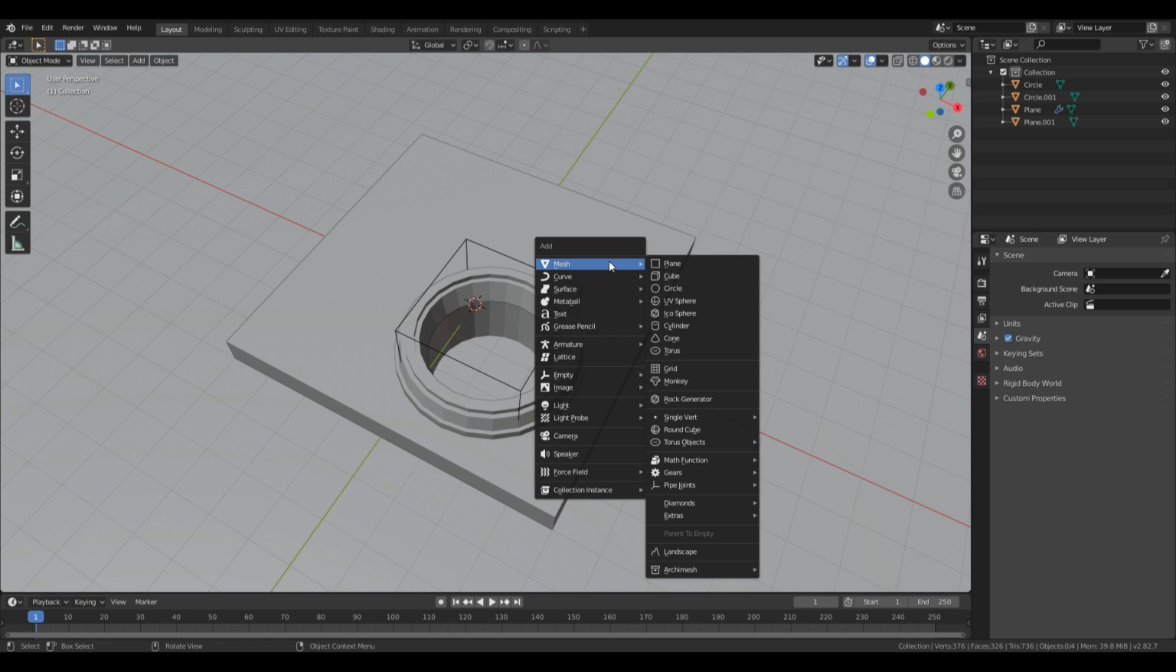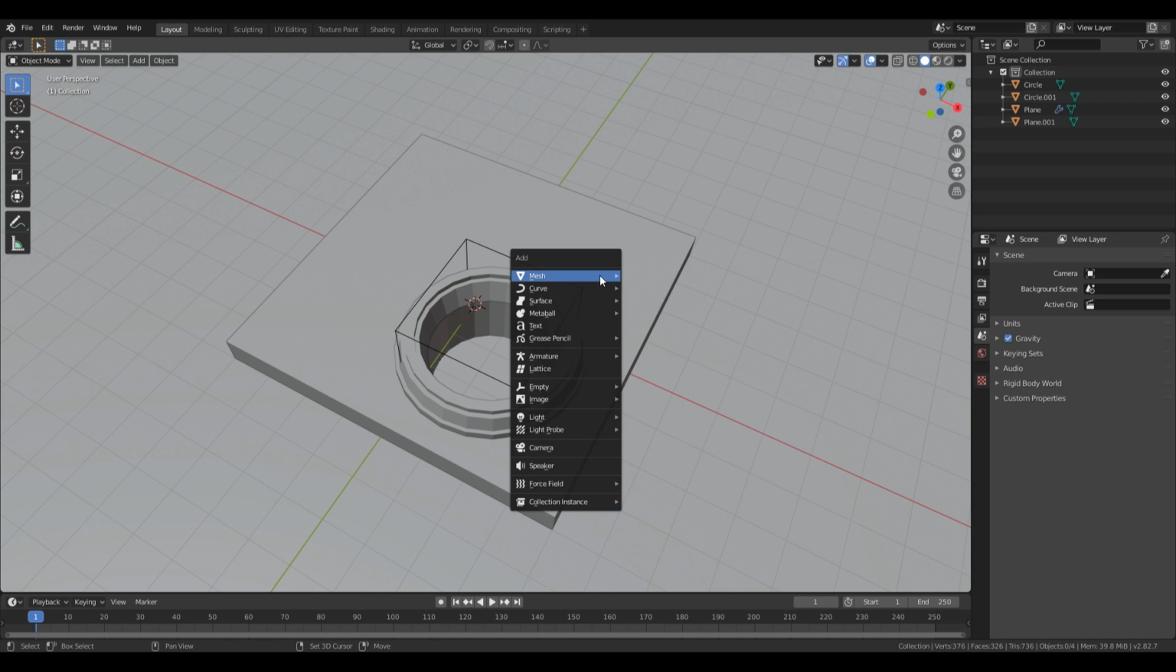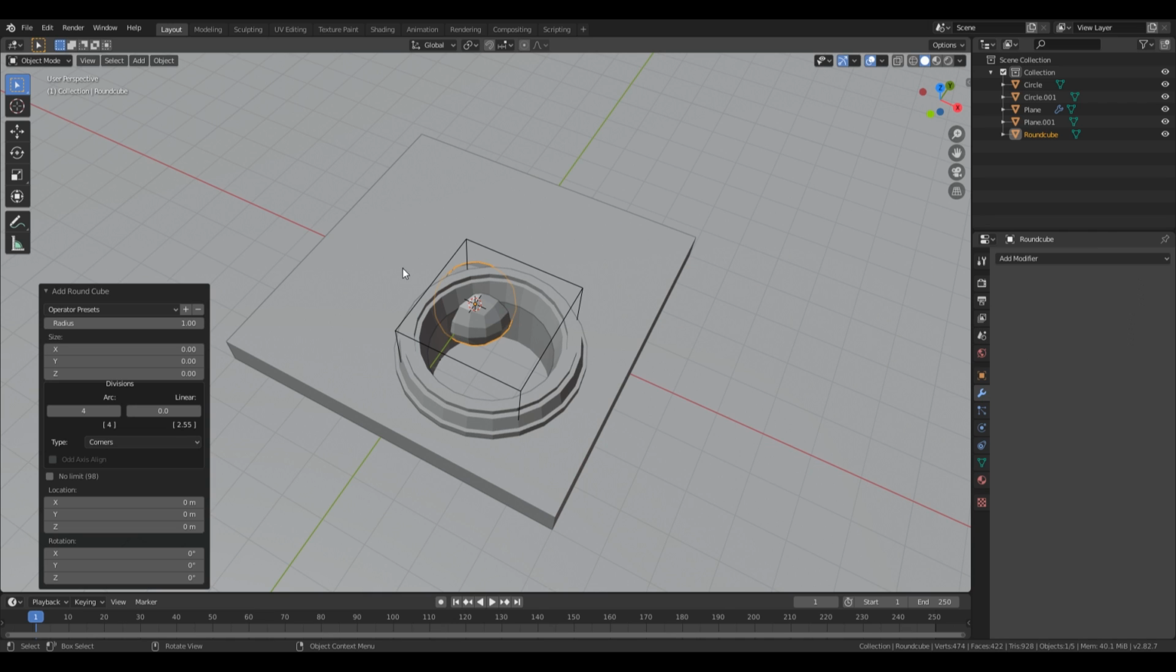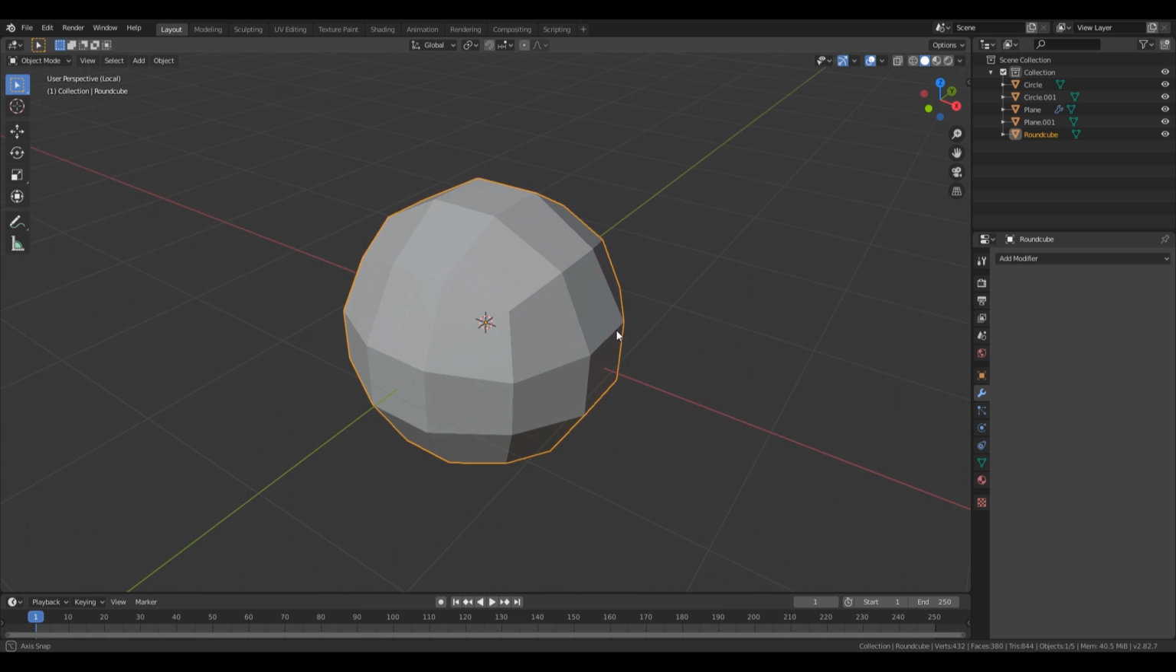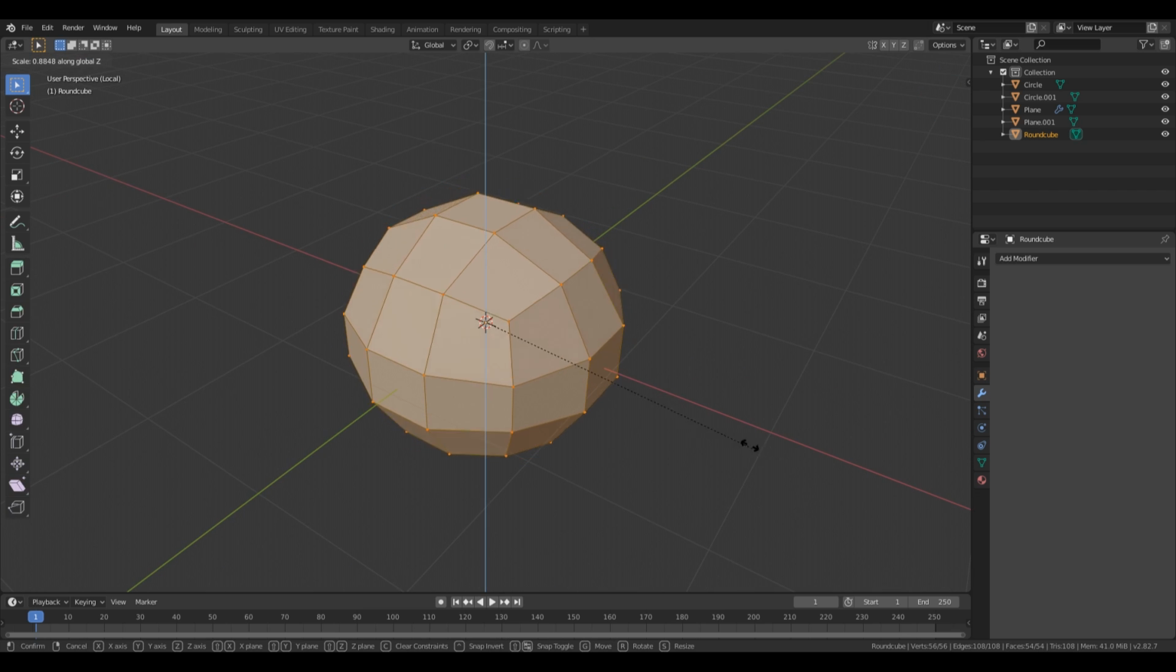Press shift A and create a round cube. If you don't have this option here, you can enable the add-on extra objects or simply create a cube, then add a subdivision modifier to it and apply that modifier. So let's just go with the round cube. Right now we can make the subdivisions smaller like this, and we can go into the local view by pressing slash on the numpad. Now tab into the edit mode,